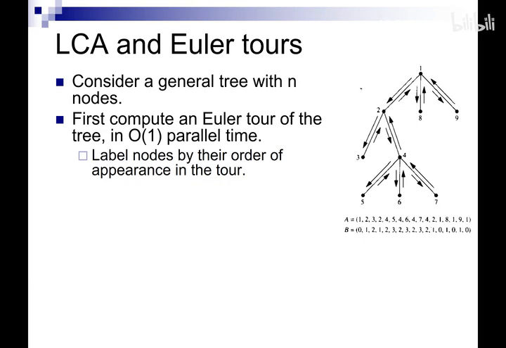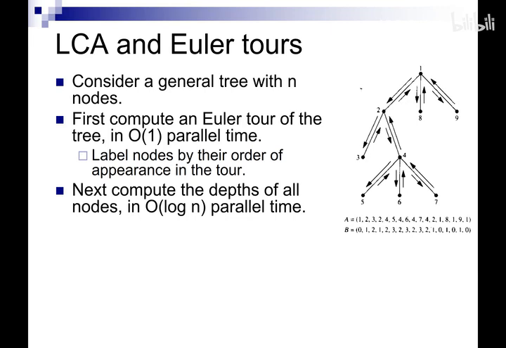First of all, we're going to compute an Euler tour of the tree. And then after that you have this Euler tour, we're going to label the nodes by the order of their appearance in the tour. Okay, so what that means is,